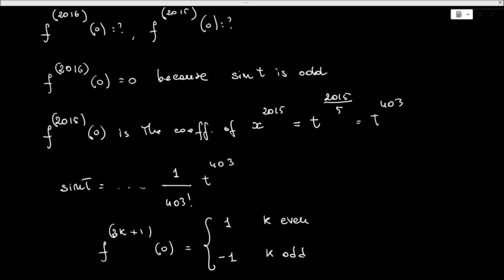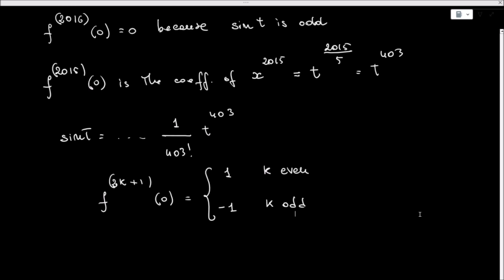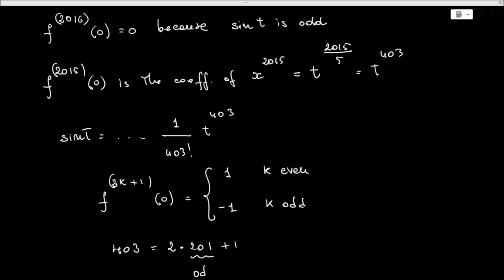Okay, so let's see. 403, well, this is basically 2 times 201 plus 1. So we see that in this case k is odd. So we can then find that this is indeed the sign. Okay, the coefficient of t raised to the 403 is minus 1 over 403 factorial, which implies that